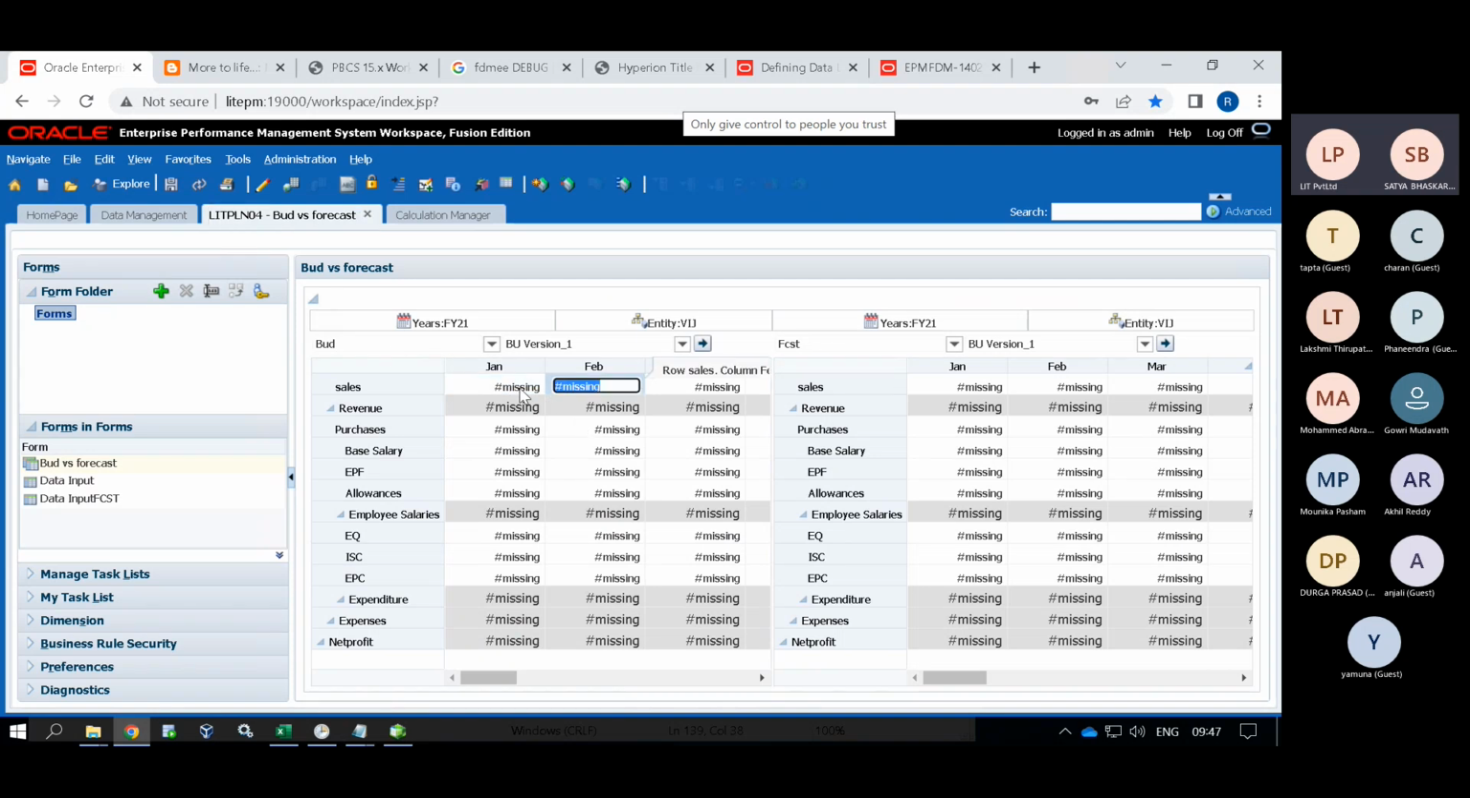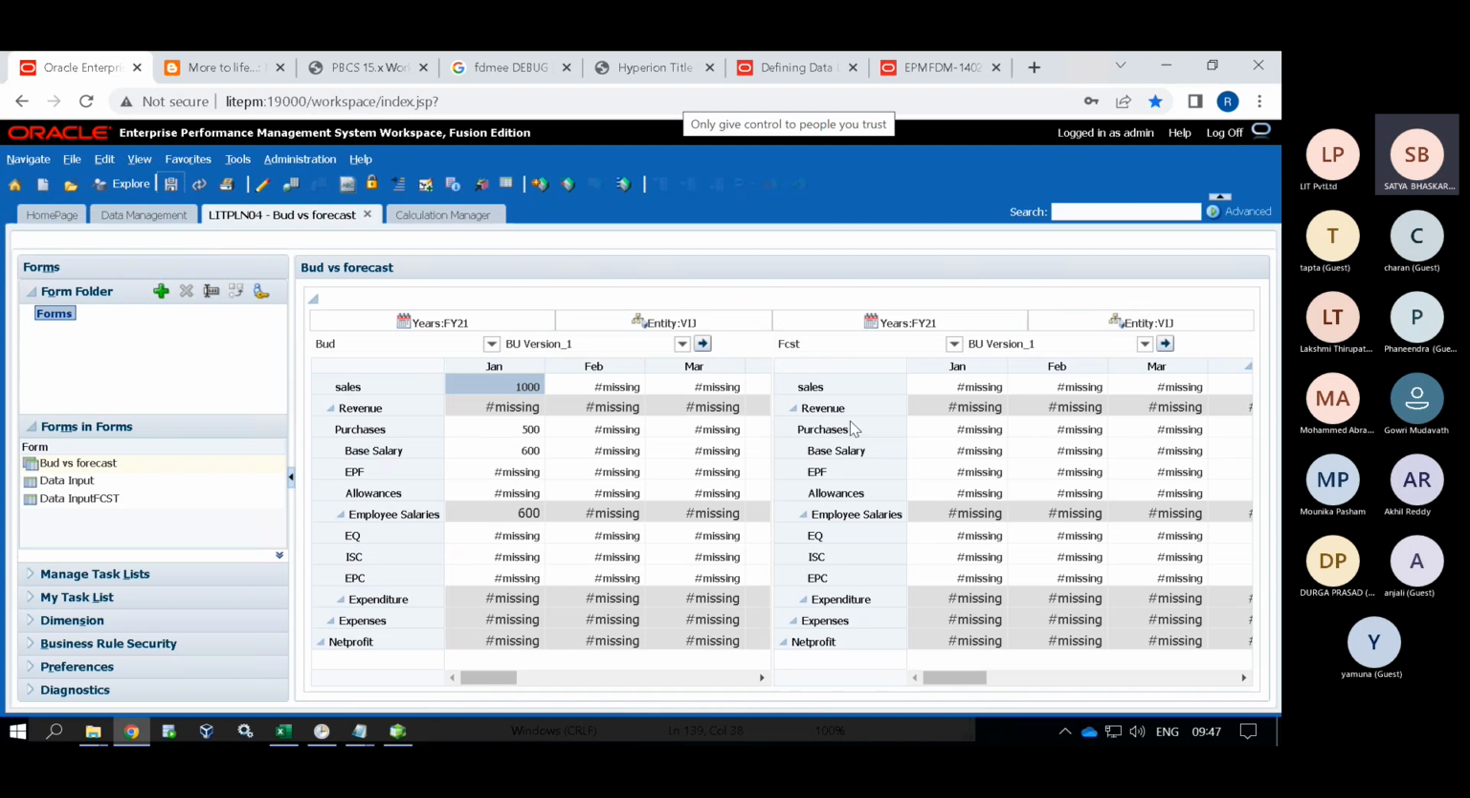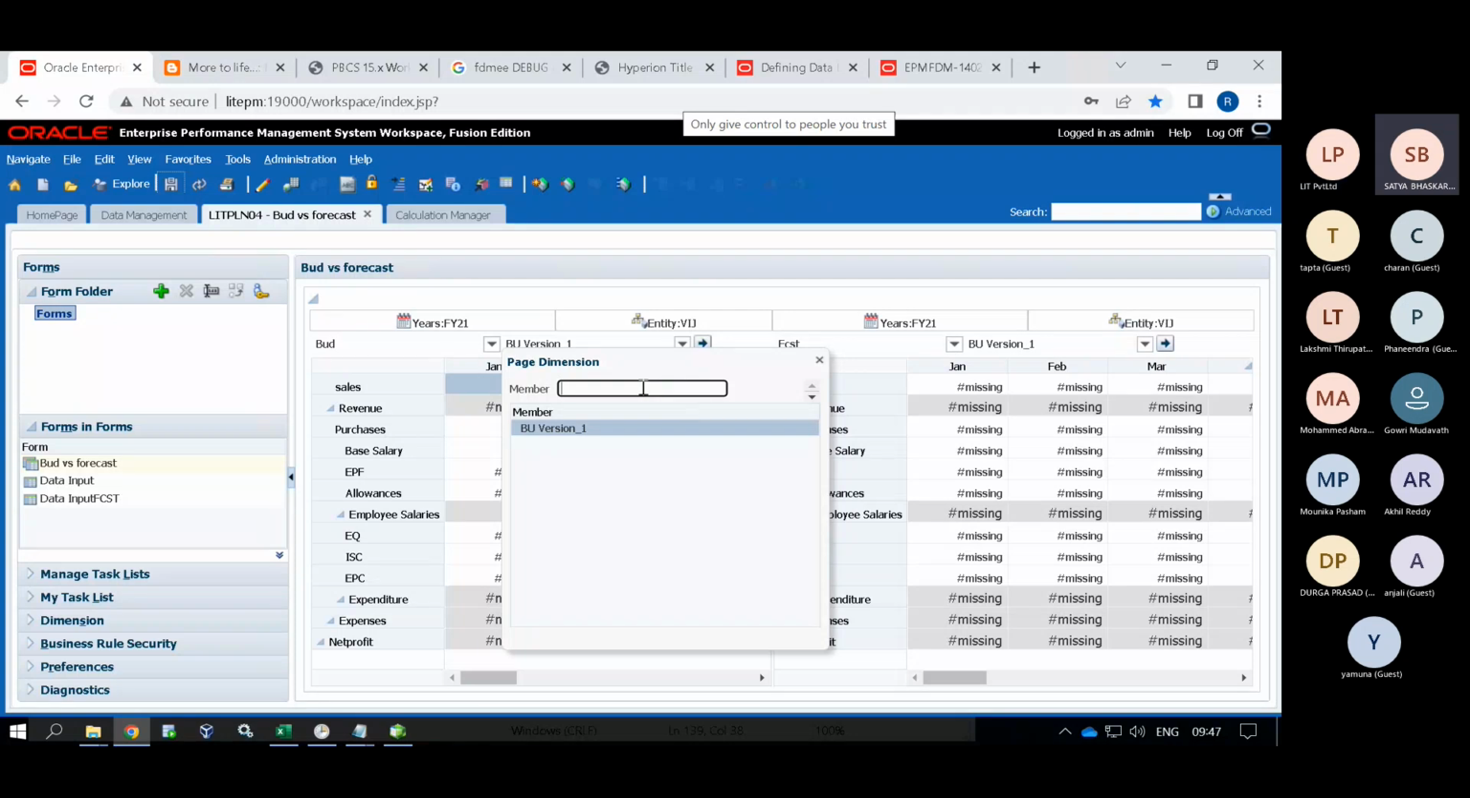I am trying to input the data. 1000, purchases, 500, 600, let's say. Okay. And I am trying to save this. I'm saving it. And let's go for,